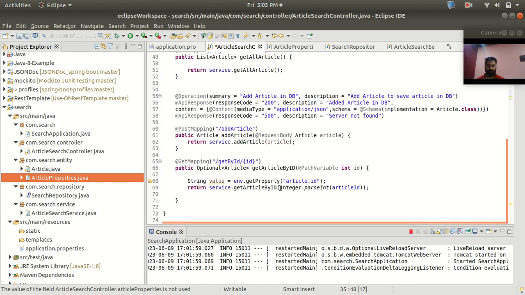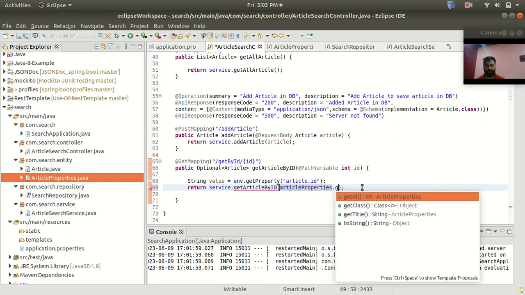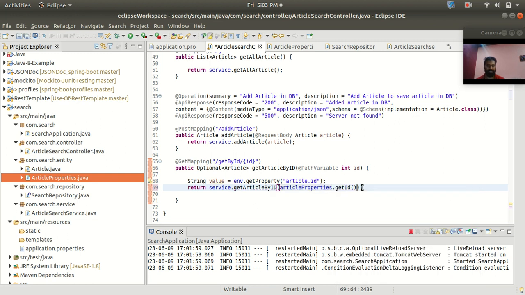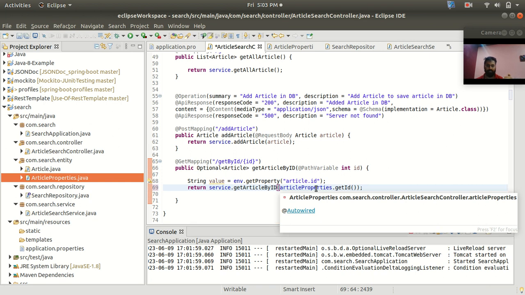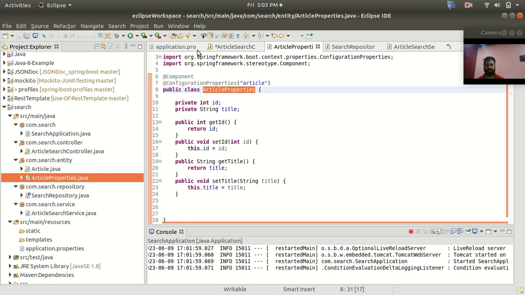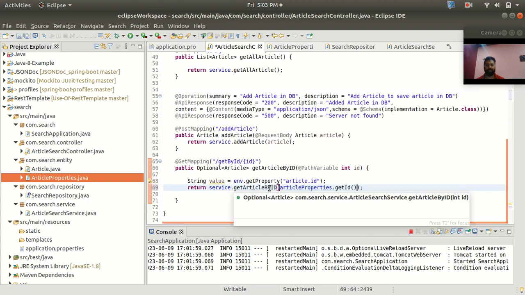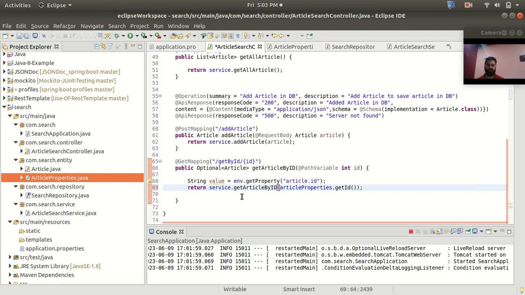With articleProperty dot, we have a getter method, getId, which gets the value stored in this property file, and then passes it into the getArticleById method of the service class, and it should fetch. So now let's